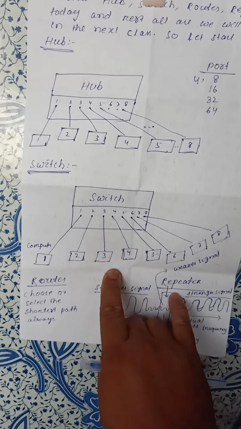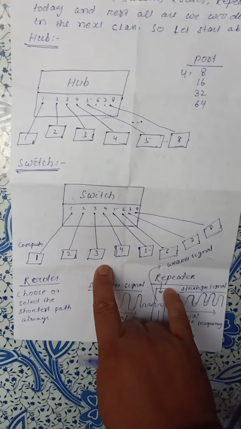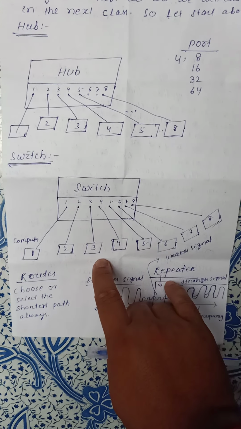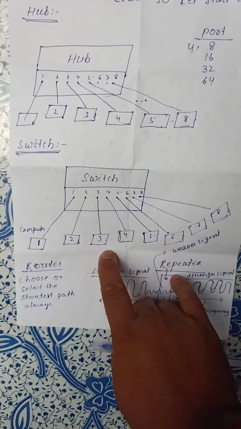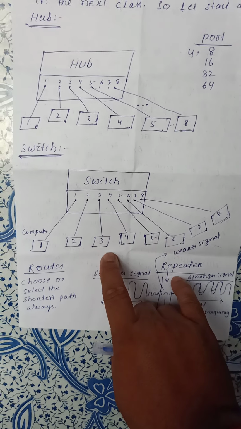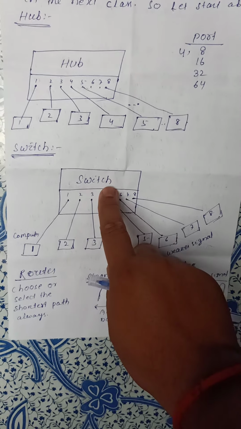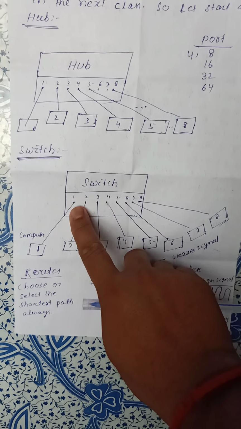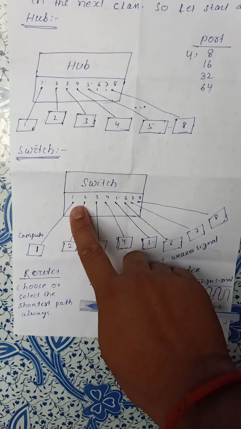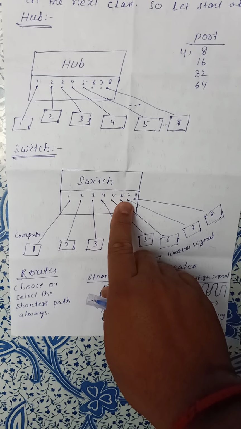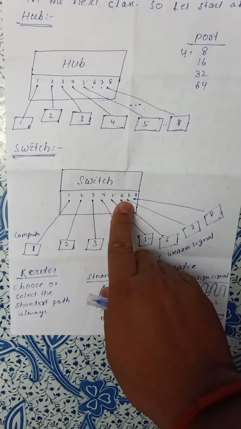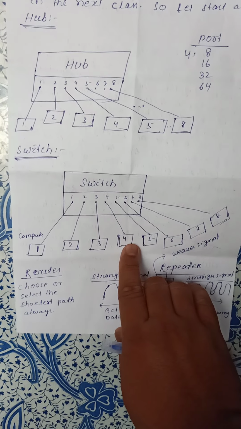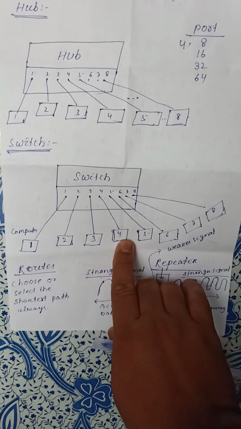Similarly, the next diagram is your switch. In configuration, the hub and switch are likely the same, but operationally both are different from each other. What is the difference? In the case of a switch, it already knows the IP address of each individual computer. So without creating multiple copies, it receives the data from exactly the source point and transmits it to exactly the recipient.